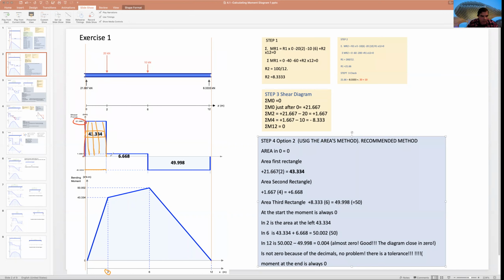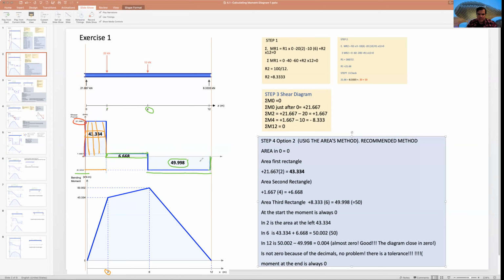The second area will be this triangle that I will put in green color. And you have here 1.67 multiplied by this distance, that is 4. 6 minus 2 is 4. Base multiplied by height, we have the area of a rectangle. And the last one will be 8.33, that is this side, multiplied by this distance. That is 6. And that will be